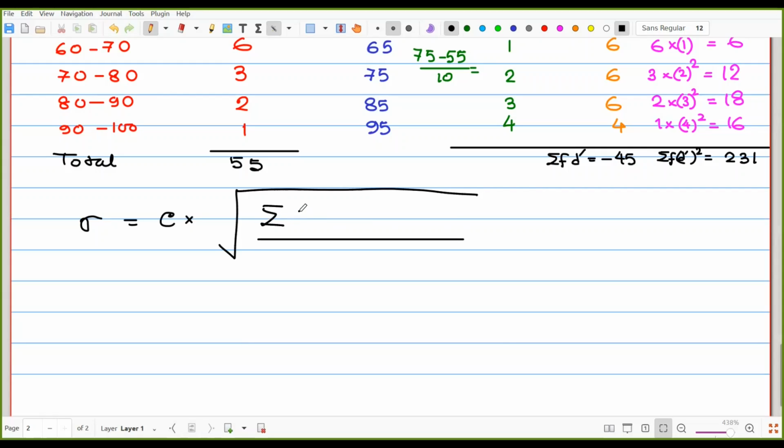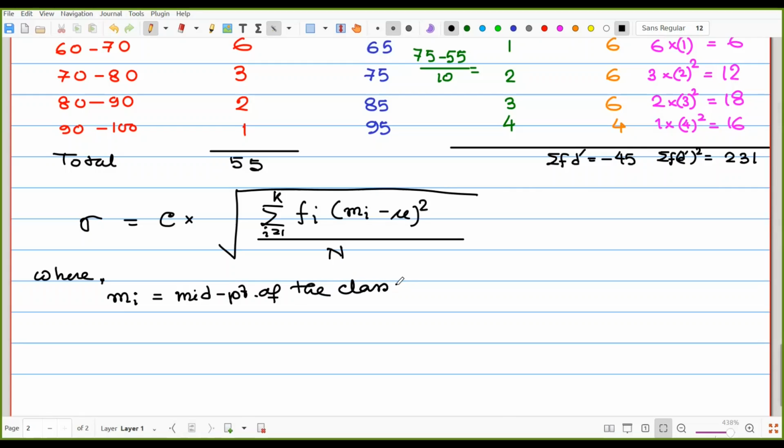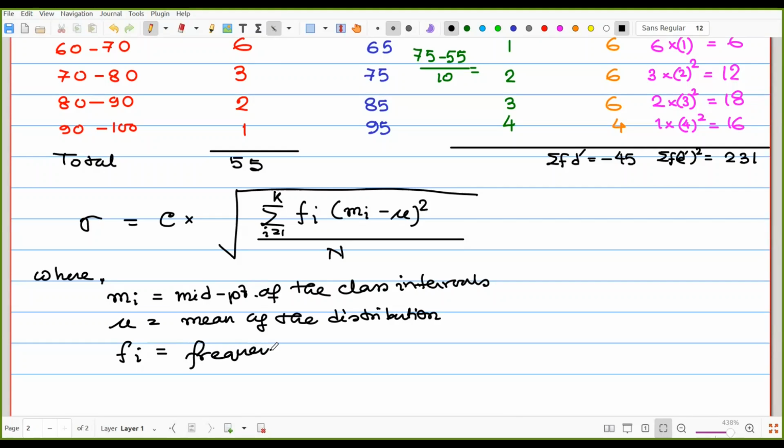summation of i is equal to 1 to k fi, then mi minus mu whole square divided by n, where mi is the midpoint of the class intervals, mu is the mean of the distribution, fi is the frequency of each class,